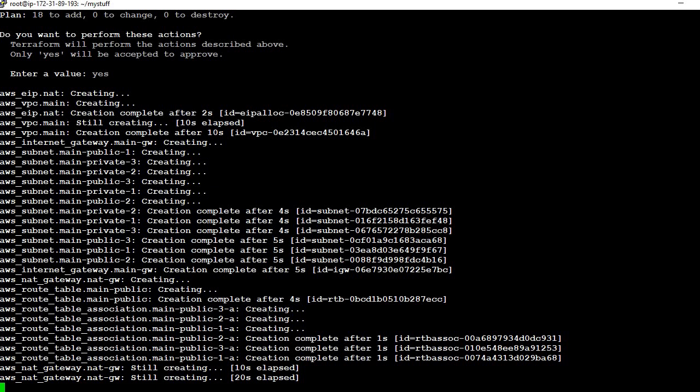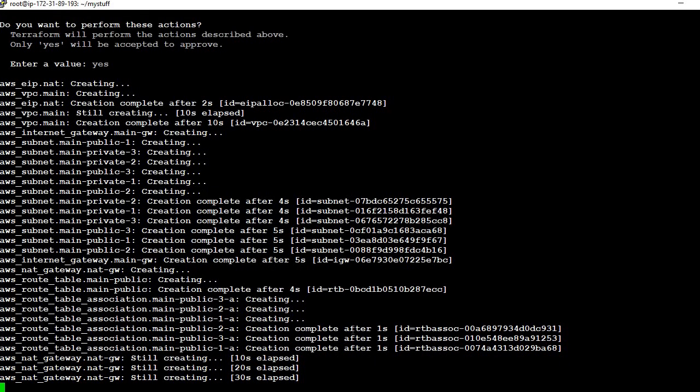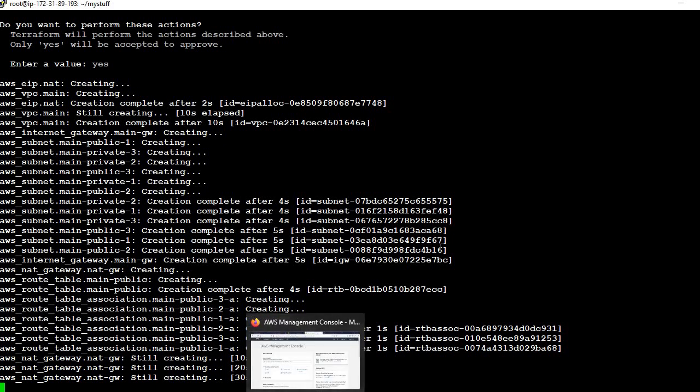You have to keep patience. It will take some time. Meanwhile, you can have a look on the console to see it getting created.